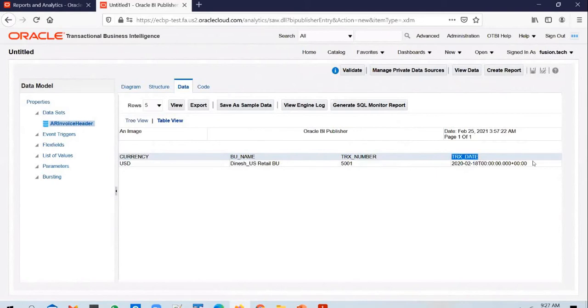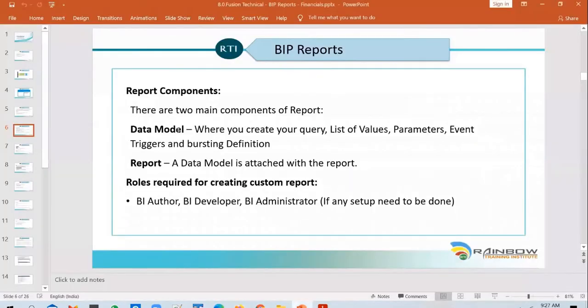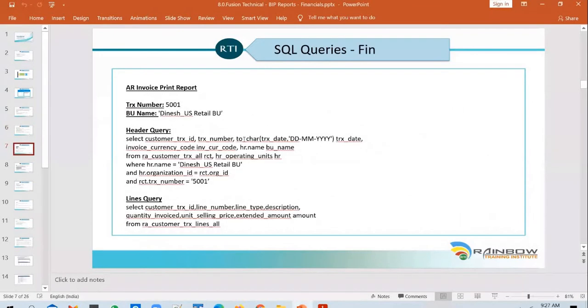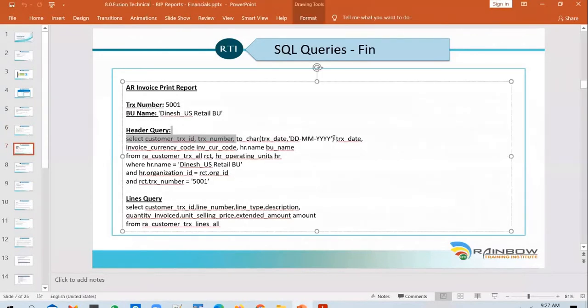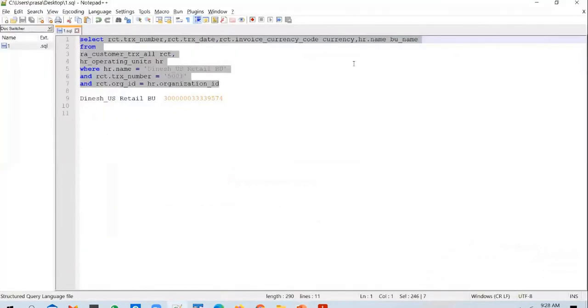But if you look at the transaction date, there is a timestamp in there, right? So you don't want to print a timestamp in a report, because it doesn't matter whether you create it at 3 o'clock in the morning or 4 o'clock in the morning, right? In a timestamp, it doesn't really matter. So we need to print just the date. So to print the date, you can format the date using this specific way, or you can use this function.